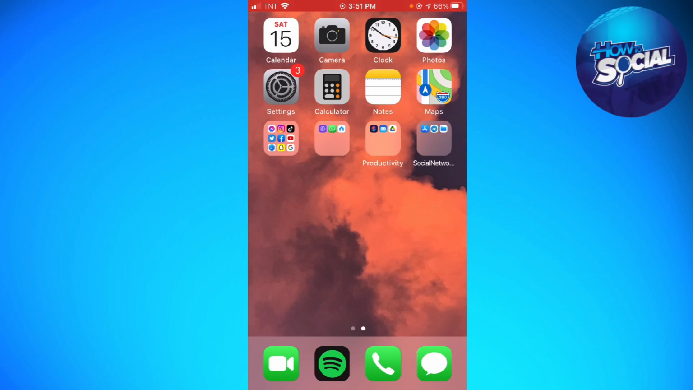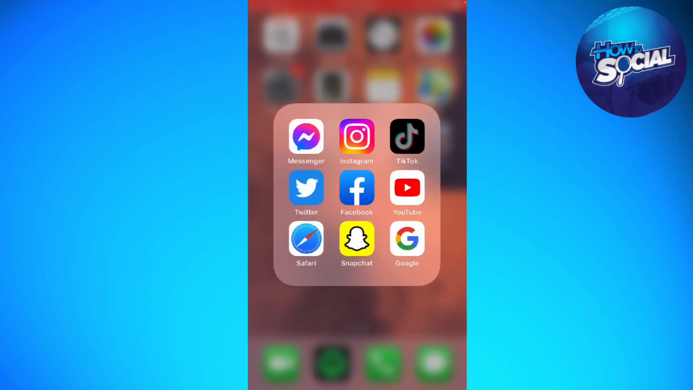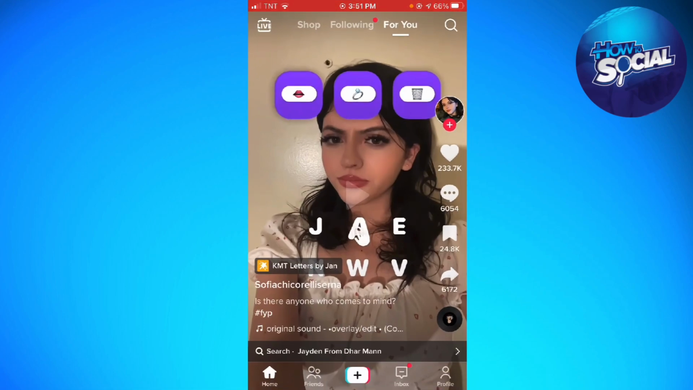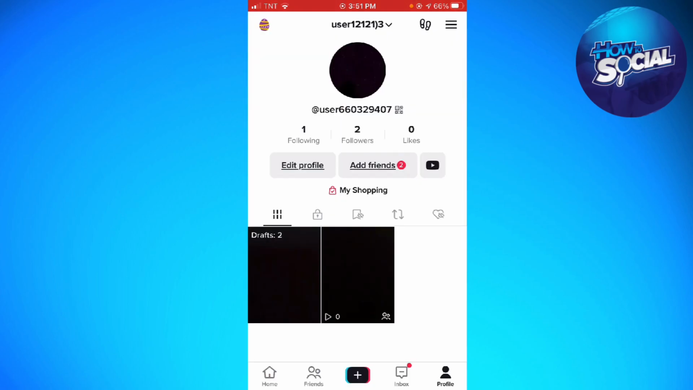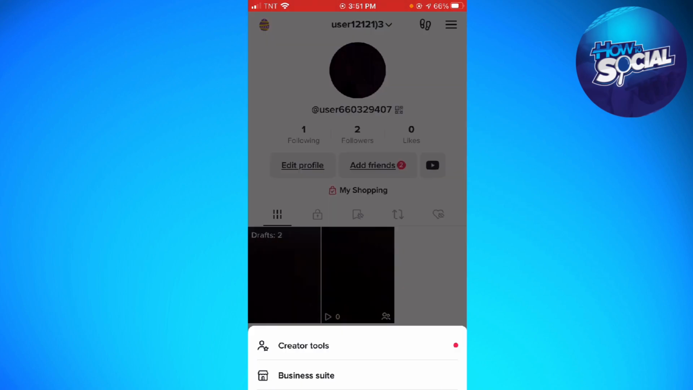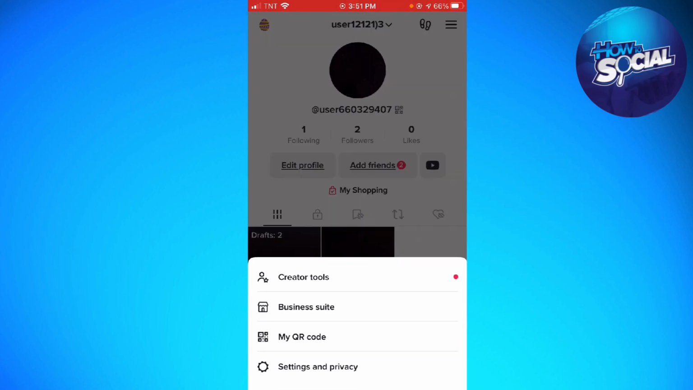So let's get started. First of all, you want to open your TikTok app, then go to your profile by clicking the profile button at the lower right corner of your screen. Now click on the three little lines at the upper right corner of your screen and click on Settings and